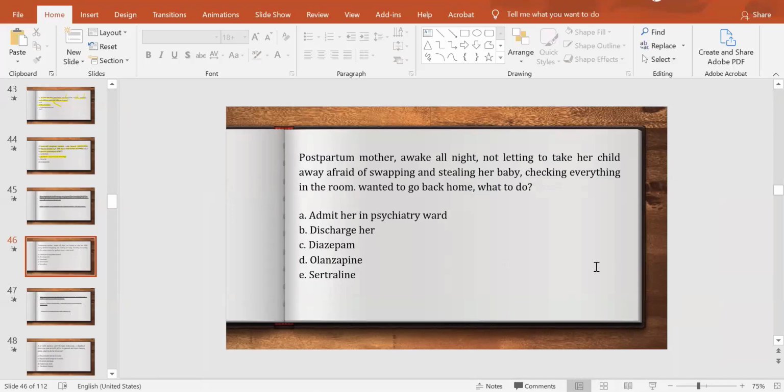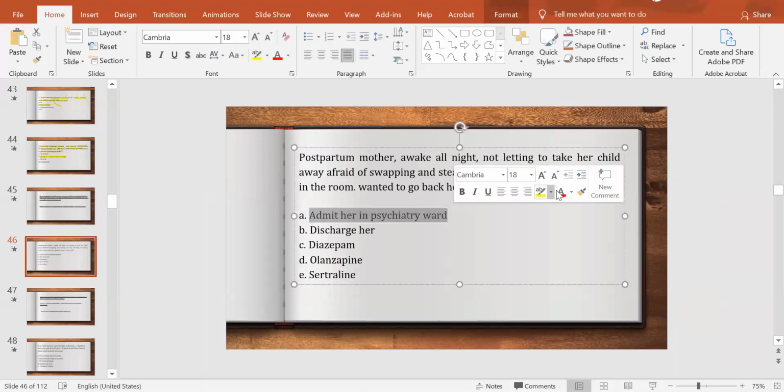She actually doesn't fulfill the full criteria of psychosis. She is in between, like impending psychosis, which means that she is obviously having postpartum depression. On top of that, she is going to develop psychosis later on. She is on the way to psychosis. If we can treat her at this time, that will be the best way.